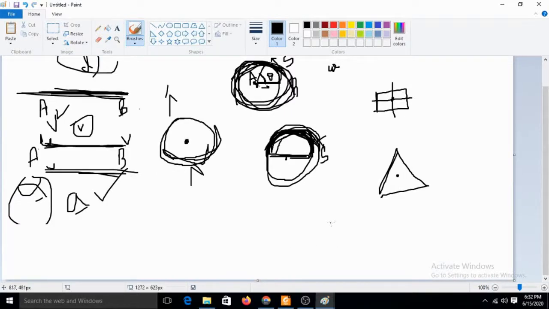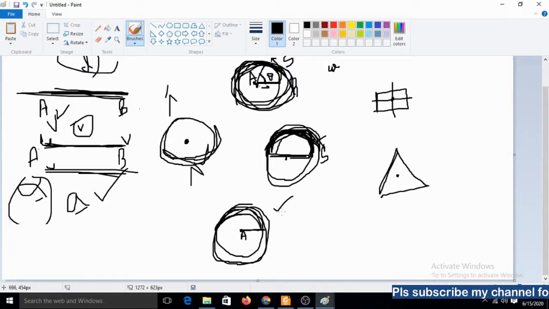See, centripetal force means what? Simple, if a circle is there, then a particle travels along the radius. A center is there, a particle is there. Suppose A is the particle, so it is a point A, and it travels along the radius. Along the radius means it is performing a circular motion, because previously also we have studied that motion along the circumference of the path is simple circular motion, and if it travels at a constant speed, it will be a UCM, that is uniform circular motion.